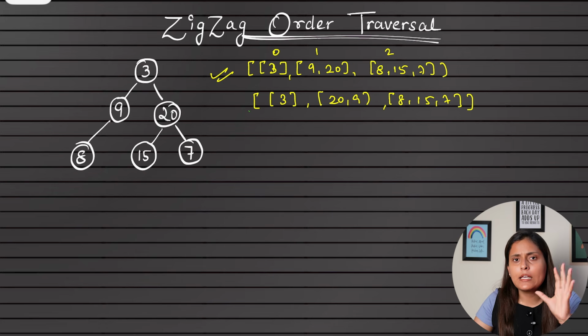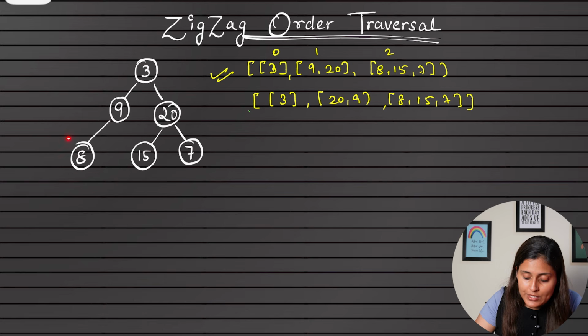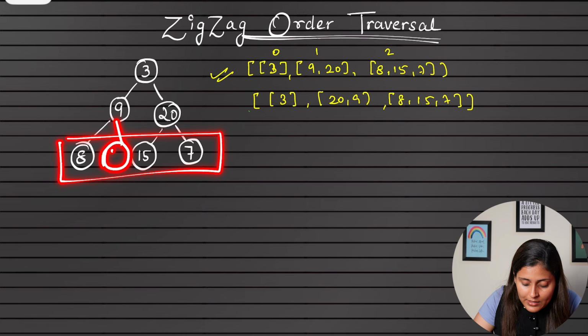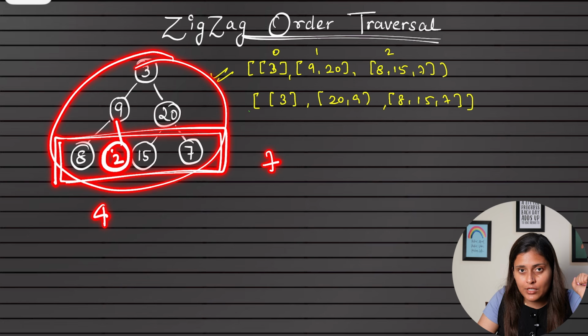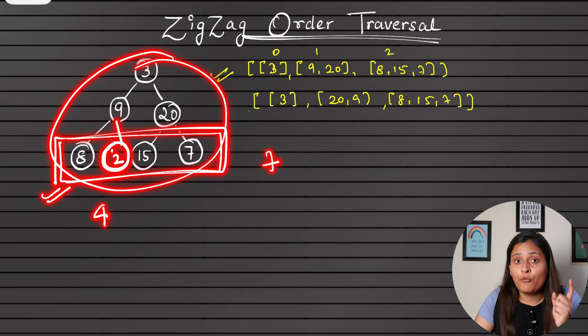In the worst case, suppose you will end up reversing the largest size. And what will be the largest size? If you see, this is the largest size. And at max, if it is a full binary tree, definitely there will be a node for sure. Correct? Let's say, how many nodes are there in the last one? Can I say 4? And what was the total number of nodes? 7. So can I say if it is a full binary tree in the worst case, then the last level would have stored